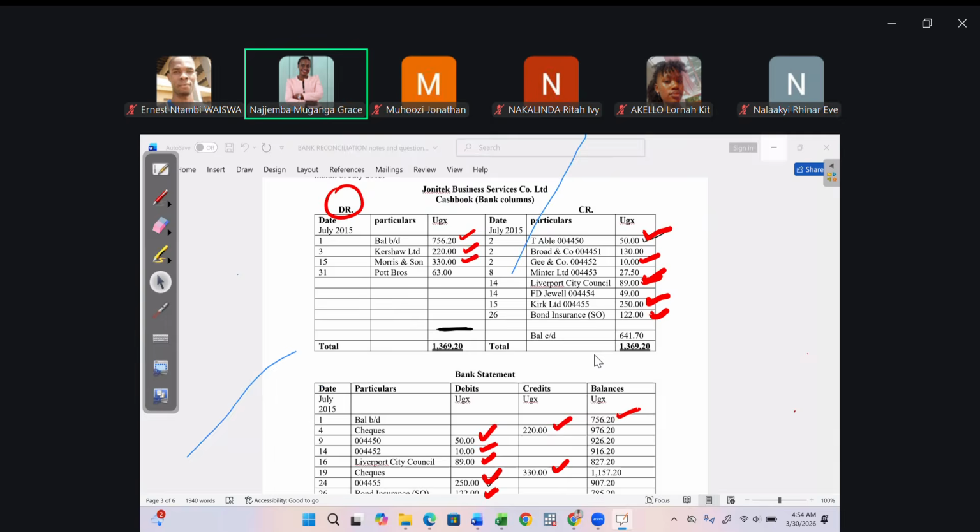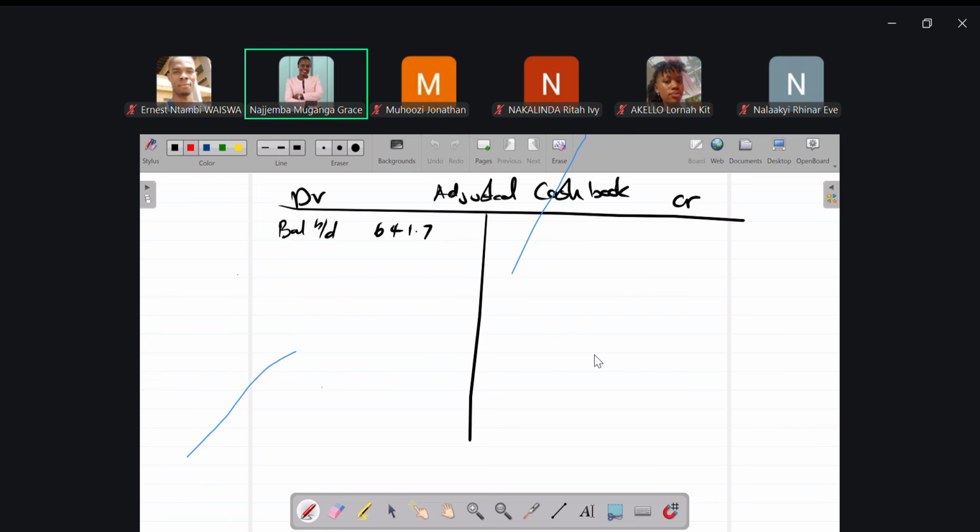And then in here we said we shall post the direct credits. Being that we are posting on the debit side, we bring here direct debits. We bring here direct debits. Okay. So under direct credits,